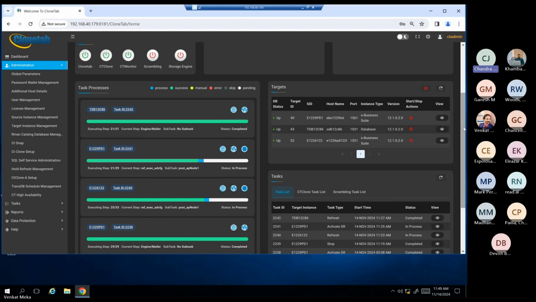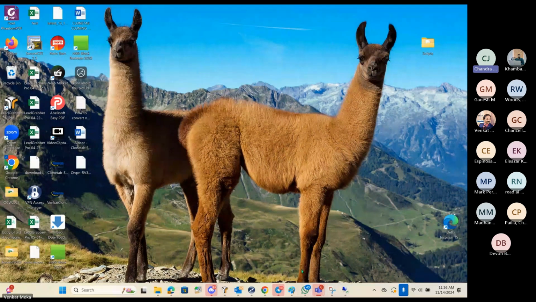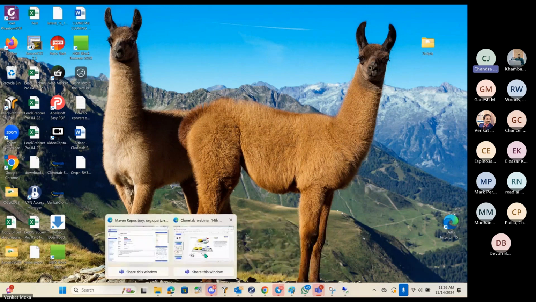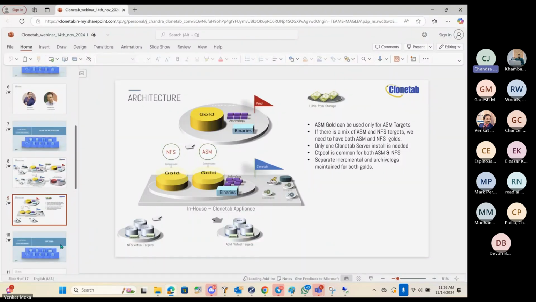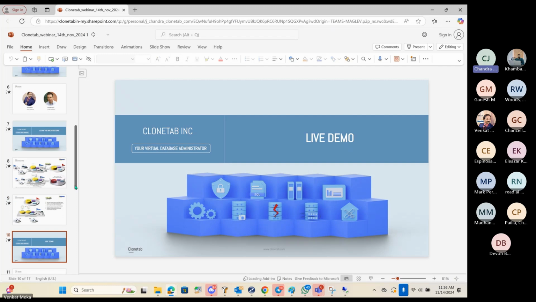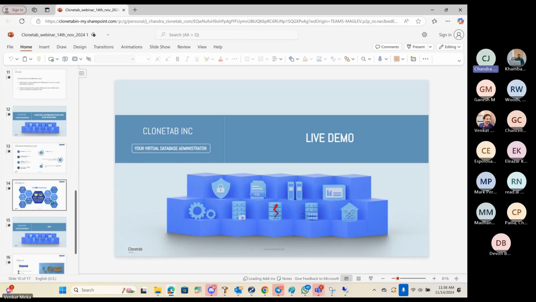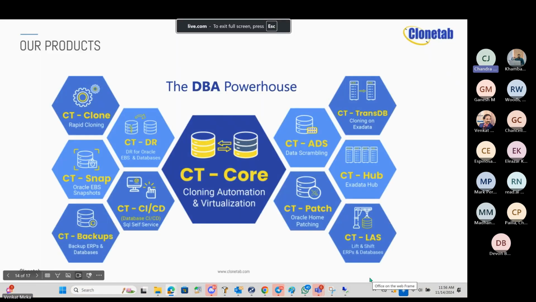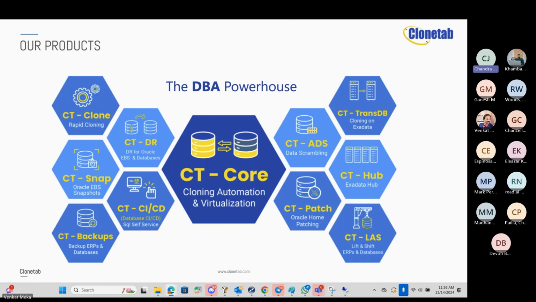So we have a suite of products that we call the DBA Powerhouse. Venkat has already shown multiple products to you. We have CT Clone, a rapid cloning solution that we have already seen. We have a data scrambling solution. We have CI/CD, which we call SQL self-service, so the application team can manage the SQL scripts by themselves rather than always requesting the DBA team. We have backup solution, DR solution, and a snapshot solution for lift and shift, which Venkat already showed you.